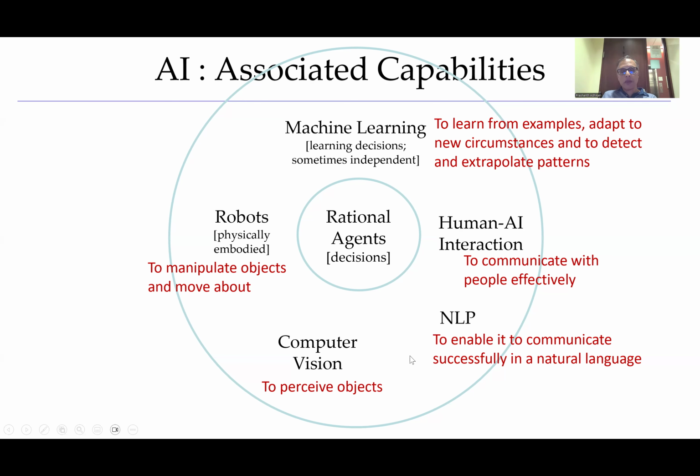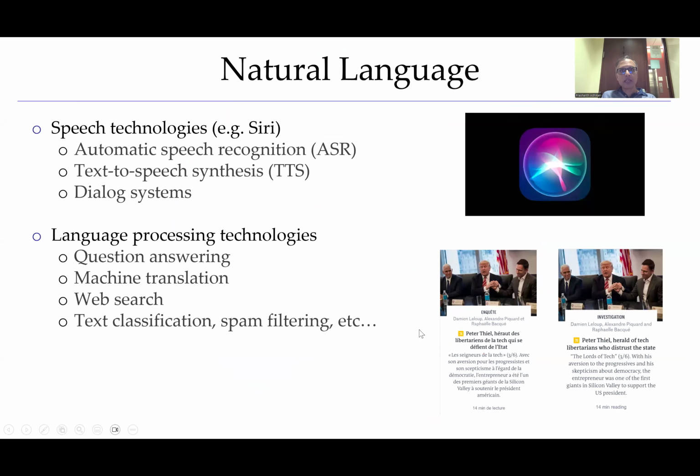Now, of course, you might have a system that only focuses on one of these attributes, and that could be pretty useful in itself. But when all of these things are working together, you have this powerful entity called a rational agent. So let's look at examples of these different attributes, things that are actually exhibited by various systems today. So natural language processing: you have speech technologies like Siri, for example, or